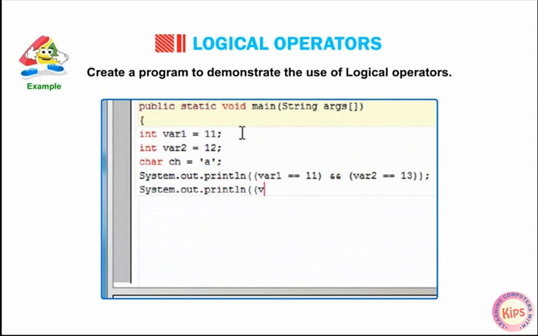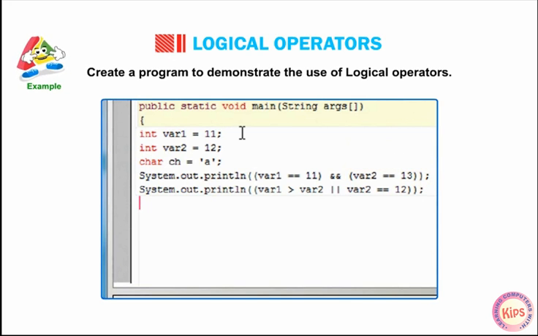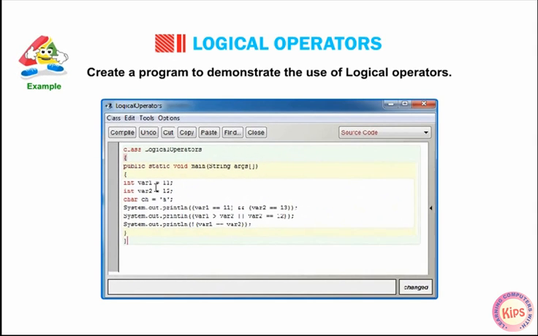System.out.println((variable1 > variable2) || (variable2 == 12)); The result will be true as one of the conditions is being satisfied. System.out.println(!(variable1 > variable2)); The result will be true. } }